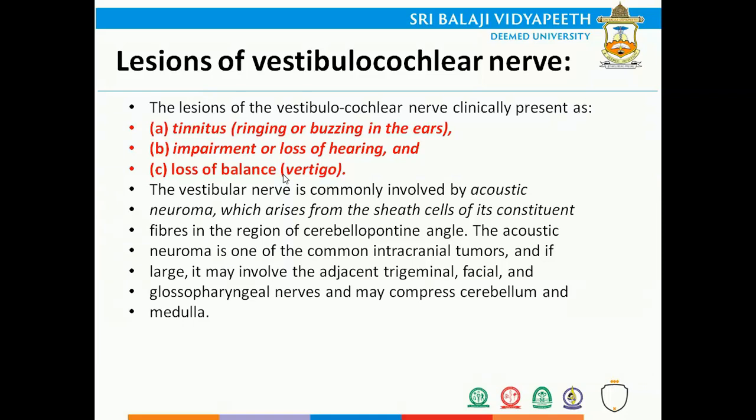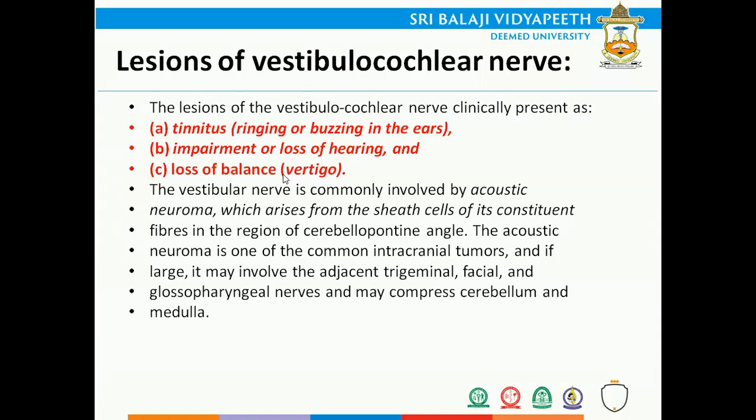The vestibular nerve is commonly involved by the acoustic neuroma. Usually the acoustic neuroma is a small lesion that is seen within the vestibular nerve, and it arises from the sheath cells of its own constituent fibers in the region of the cerebellopontine angle itself. So the acoustic neuroma is nothing but a small tumor that arises from the fibers of the vestibulocochlear nerve itself, from the point where it arises, that is the pontomedullary junction. And the acoustic neuroma is one of the common intracranial tumors, and if large, it may even involve the adjacent trigeminal, facial, and the glossopharyngeal nerve nuclei,